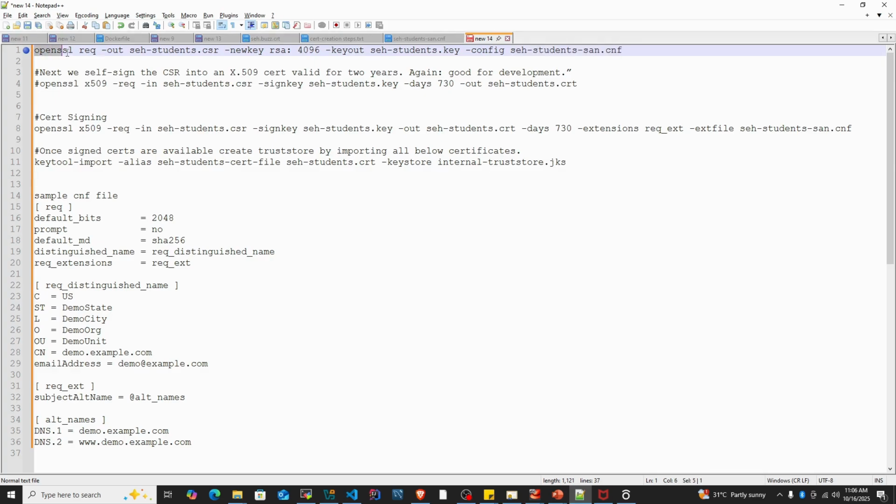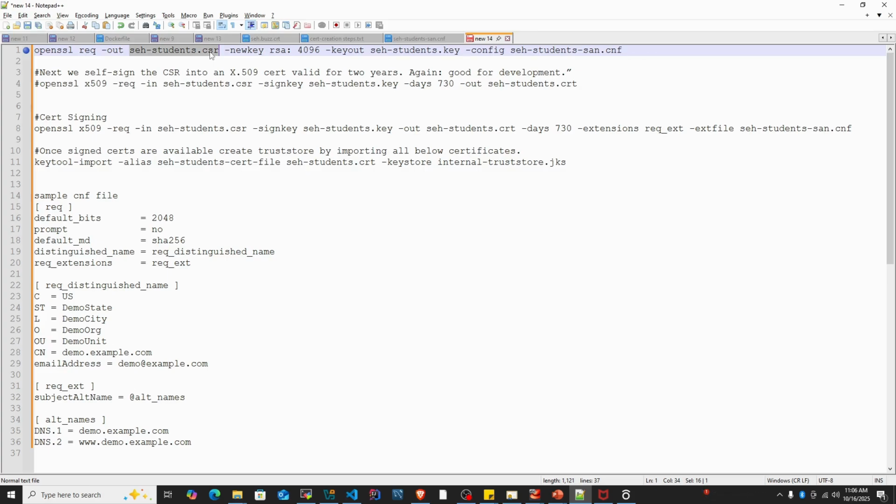First command is the OpenSSL req command. This command will create two files. One is the private key and another one is the CSR file. The private key is extremely sensitive. It proves ownership of your certificate. So never share it with anyone or upload it anywhere in public. The CSR file, the certificate signing request file, contains your organization and domain details. This is what you send for signing either to a certificate authority, CA, or for self-signing in your internal or test